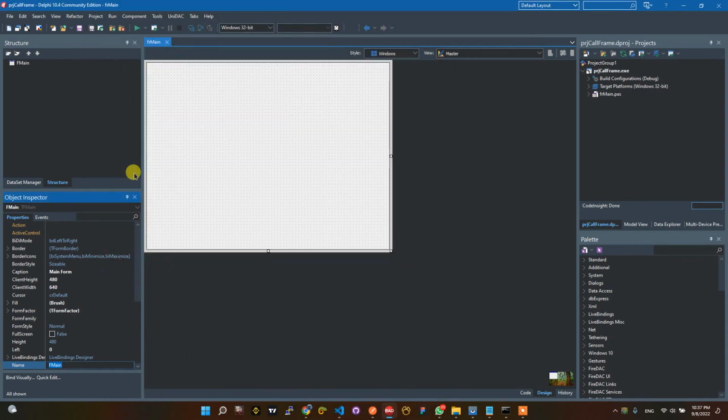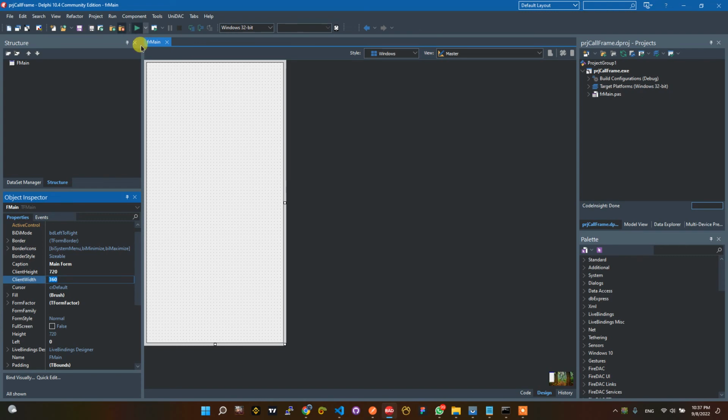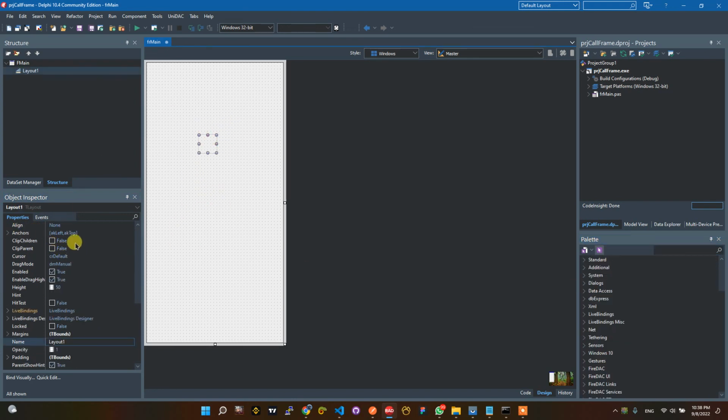So don't forget to change or resize this value, with client height 720, and this is 360. Okay, like this. And now we will add a layout here, and make it set to content,